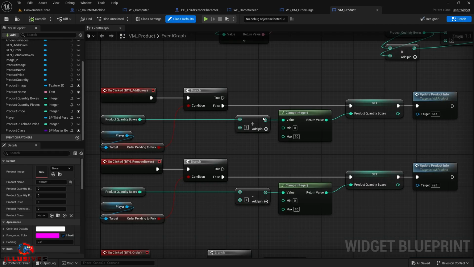So to show you guys these, from here we are checking whether order pending to pick is false or true. If true, these buttons won't work. As you saw in the beginning, when we clicked on order now, that means our order pending to pick, our products, we haven't picked yet. In that case, as this is true, you can't, even if you click, nothing happens. But when you haven't ordered anything, it's false, then product quantity boxes, you already know